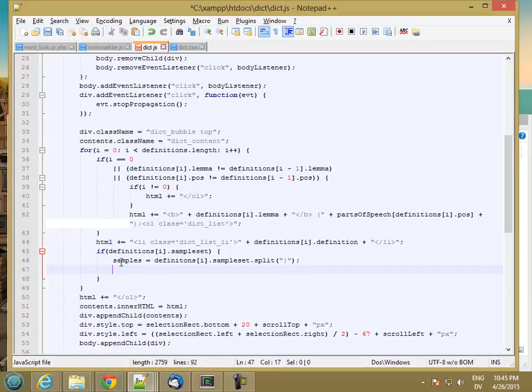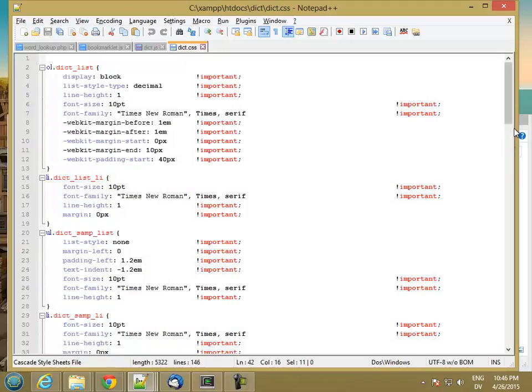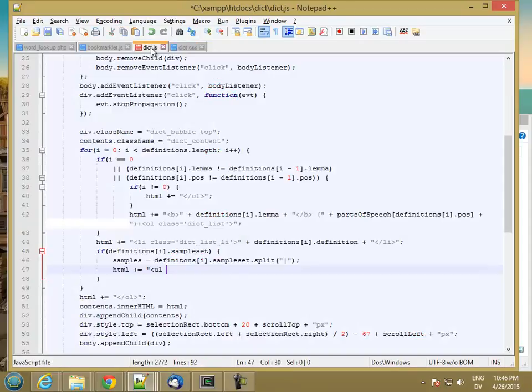And then I have an array of sample sentences, and I want to put them in an unordered list. And once again, I have a style for that, which uses a little right arrow to point out each sample. So first, I'm going to add an unordered list to my HTML. And the class for this is dict samp list, and the LIs are going to be dict samp LIs. So class dict samp list,